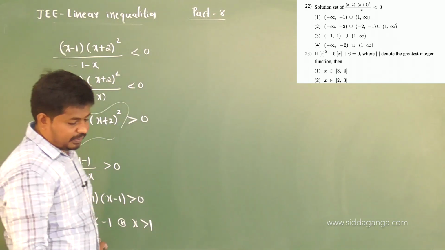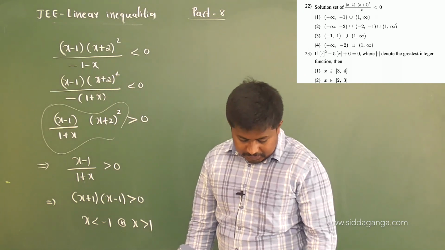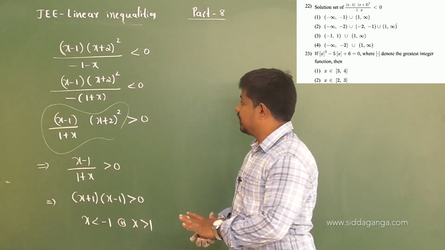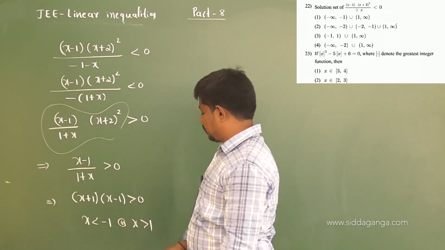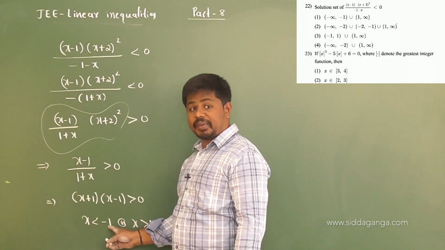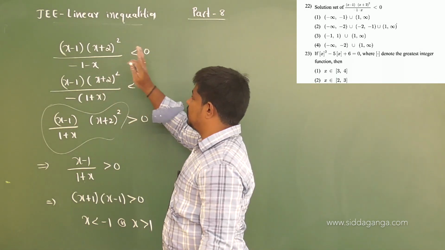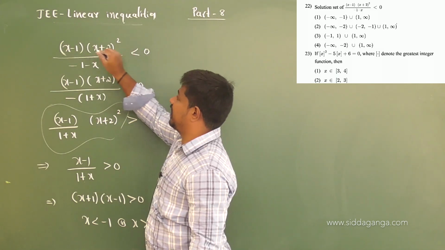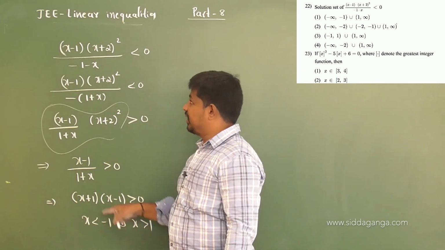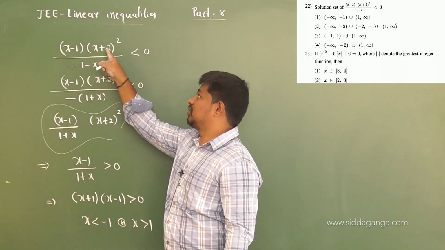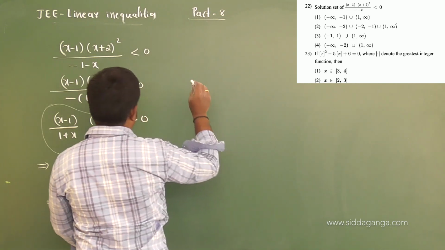Okay. So minus infinity to minus 1 union 1 to plus infinity, but here this is strictly less than 0, no. In this interval you may get minus 2 also. So x is less than minus 1, no. So you get minus 2 here. Whenever you take minus 2 in place of x, it becomes equal to 0, but it should not be 0. It is strictly less than 0, in the sense it must be negative, not equal to 0. So when x is minus 2, because minus 2 comes in this solution set, it becomes 0. Minus 2 plus 2 is 0, and when the thing becomes 0, it should not happen. Therefore you have to neglect that minus 2.